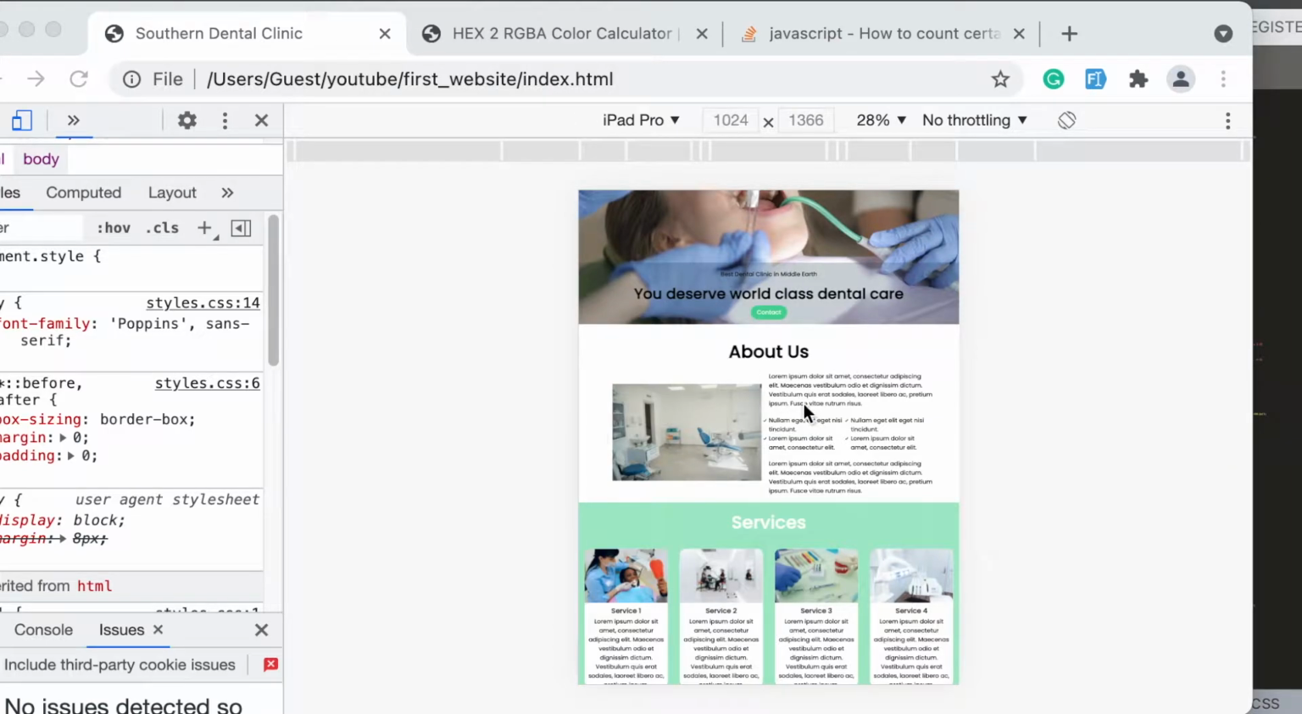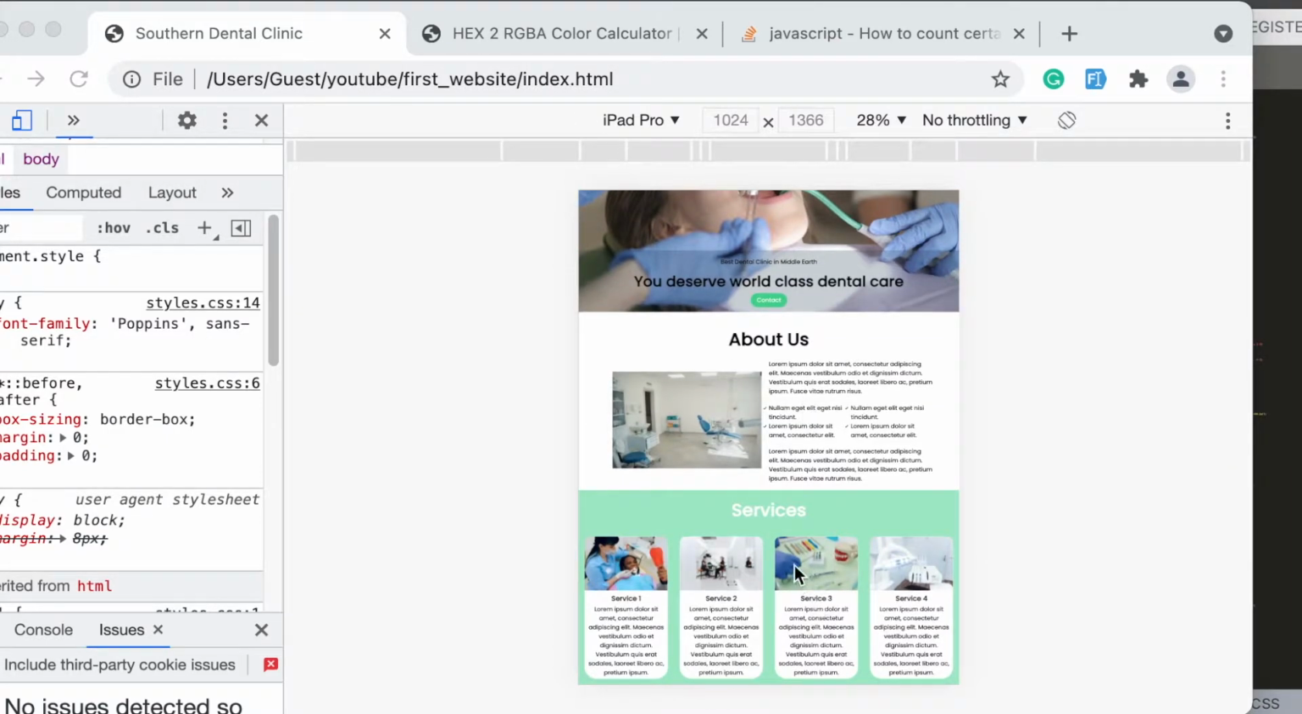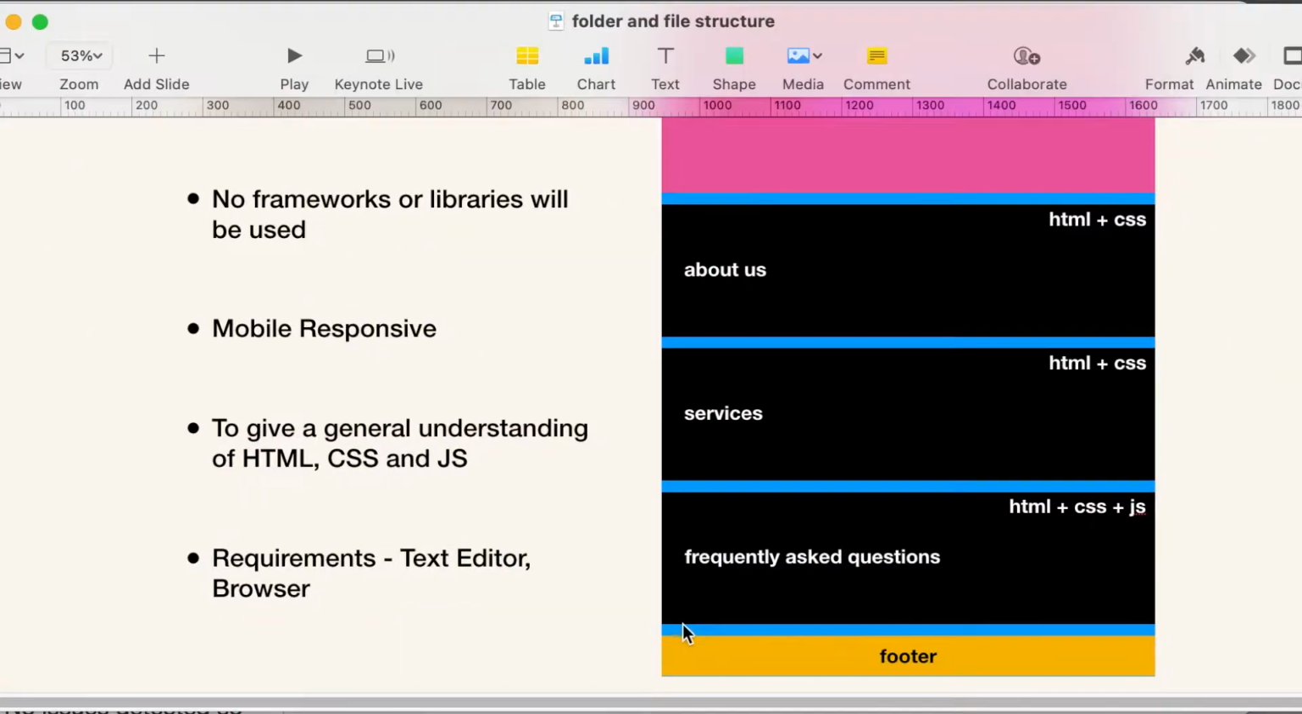We have completed the services section, which basically means we have to go to our next section. So as per our layout, our next section is the frequently asked questions section. This is a little more interesting section. We've got HTML, CSS, and we will use some JavaScript to add a little bit of